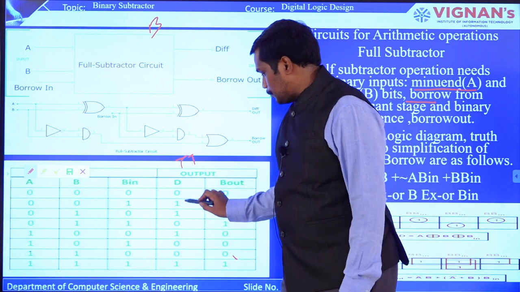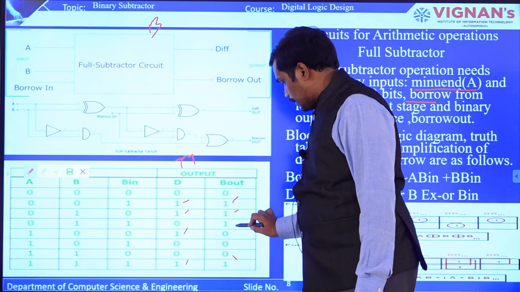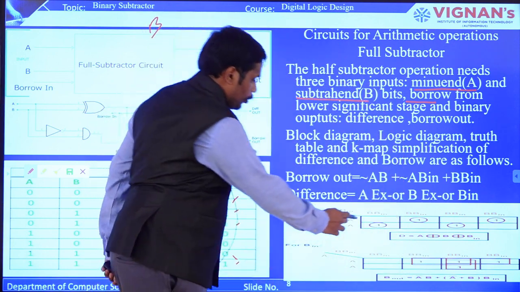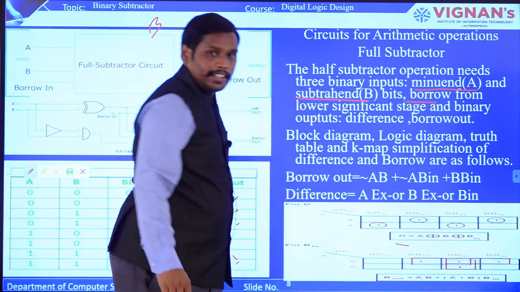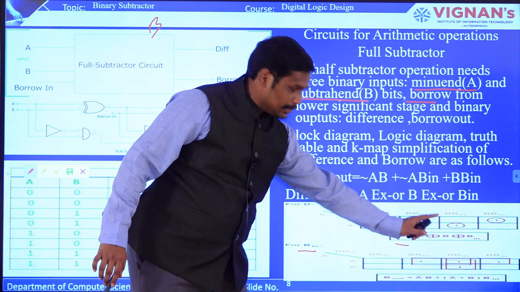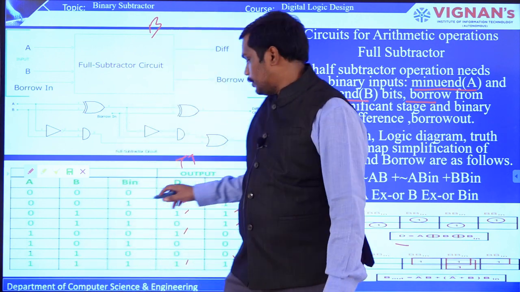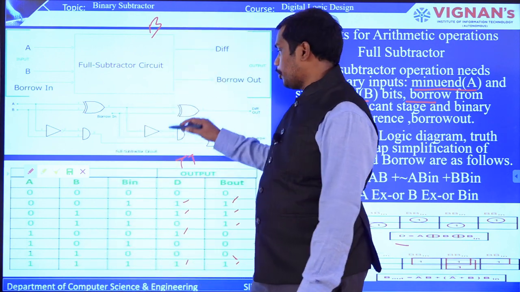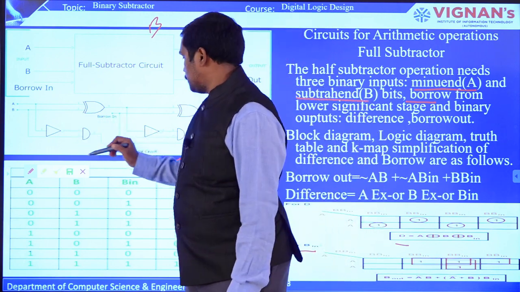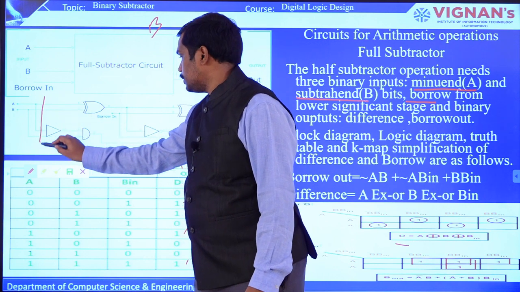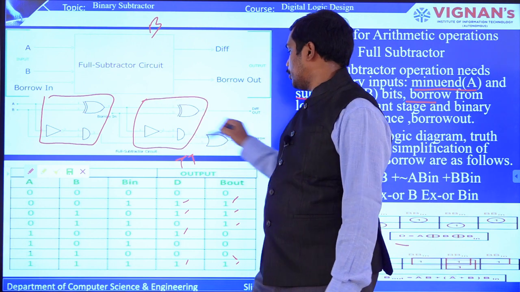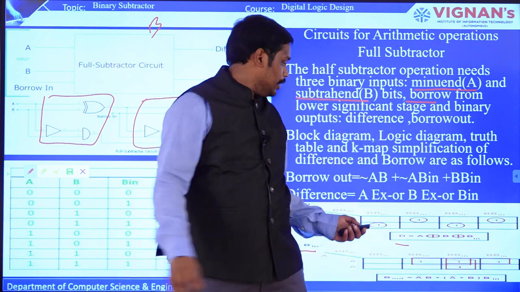So you can see these ones are going to be placed in the Karnaugh map, which is a 3 variable map. Here you can place all the ones, and you are going to get the difference, and with that you are going to have a borrow output, which is the expression that we have solved with the help of this truth table, and based on this you are going to have a full subtractor circuit. So here also you can see that this is a subtractor, and you will get the final output, that is the full subtractor circuit, right?